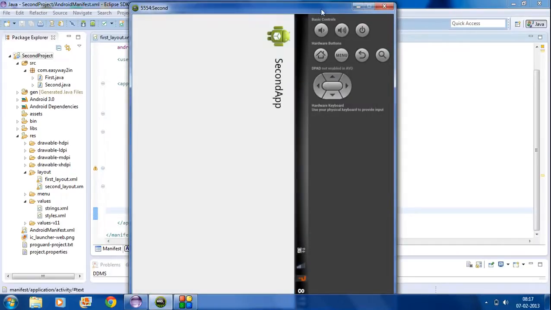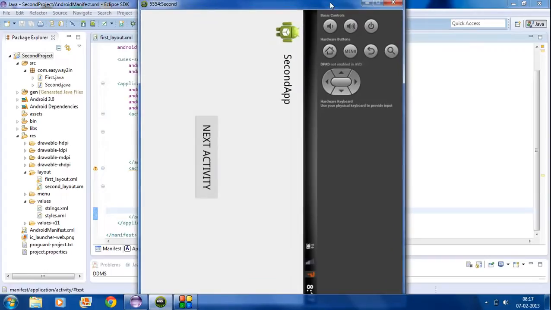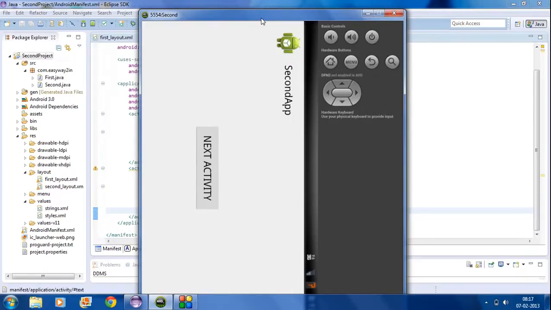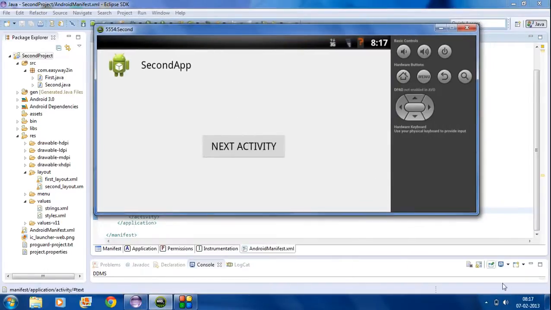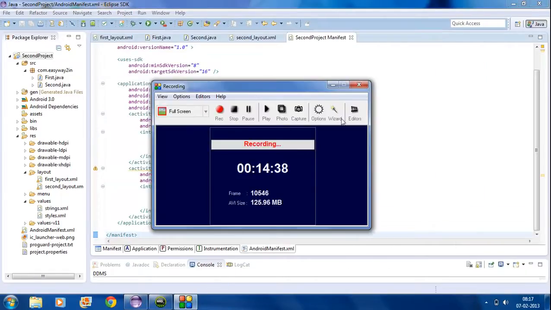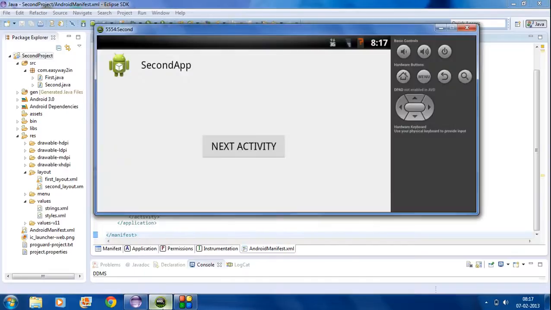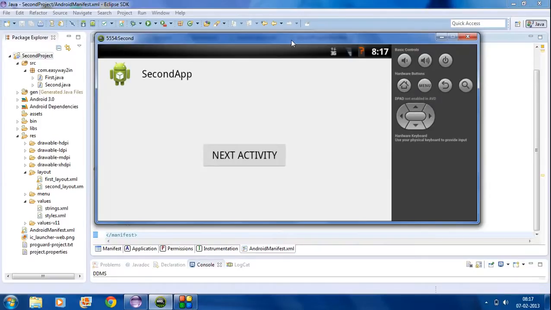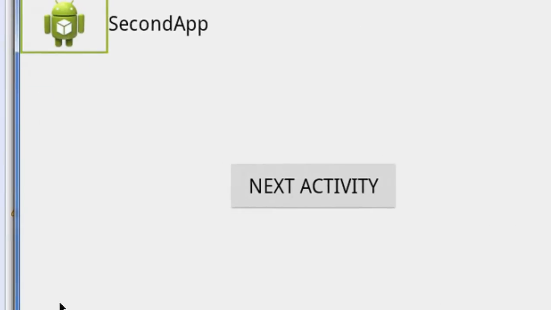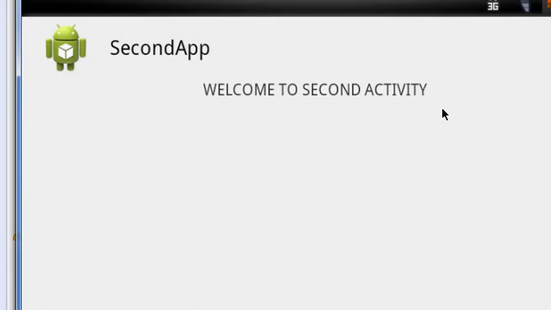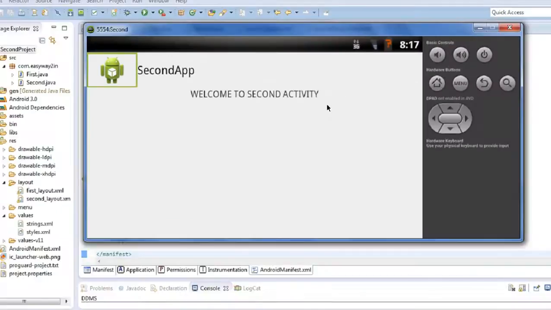It is in portrait mode, so I change the orientation. Okay, now you can see that the AVD is correctly loaded. Here the next activity tab appears. Take a close look at the AVD. Here the next activity tab is present, and when I click the next activity tab, it goes to the second